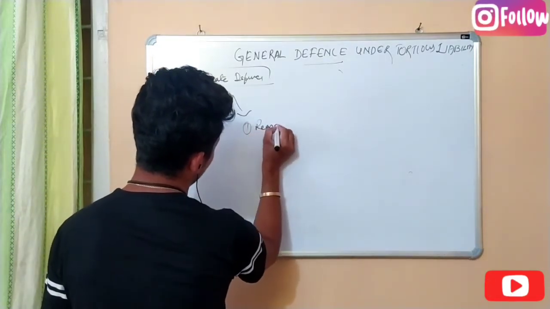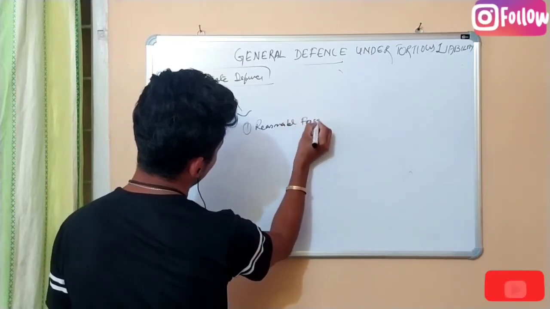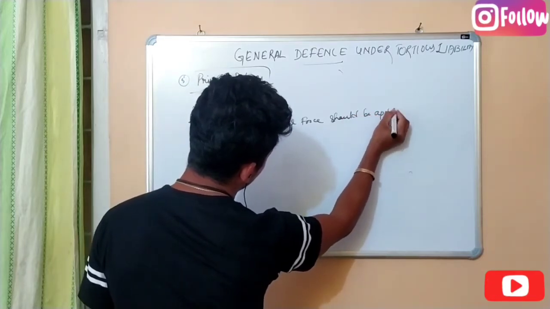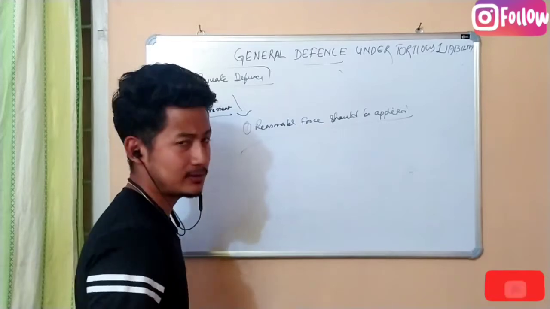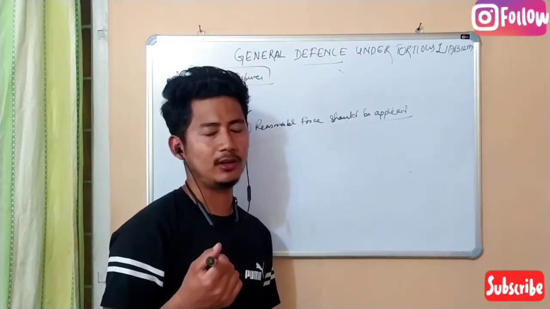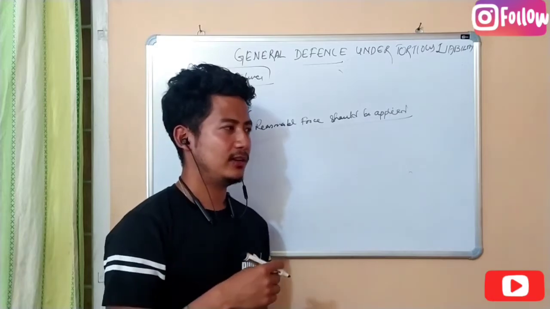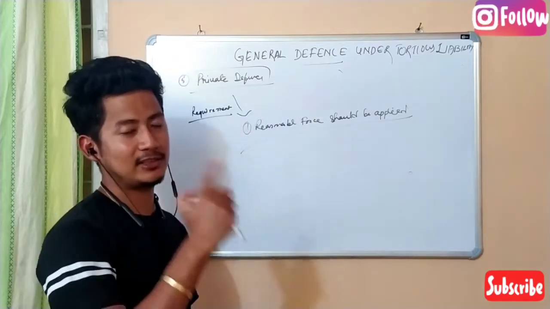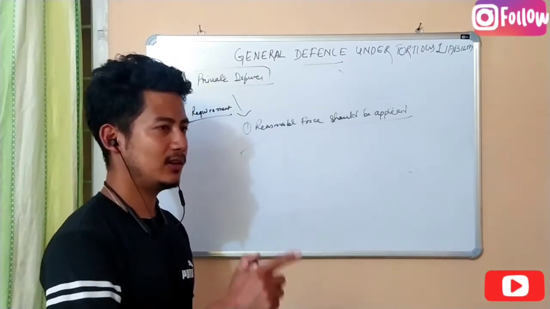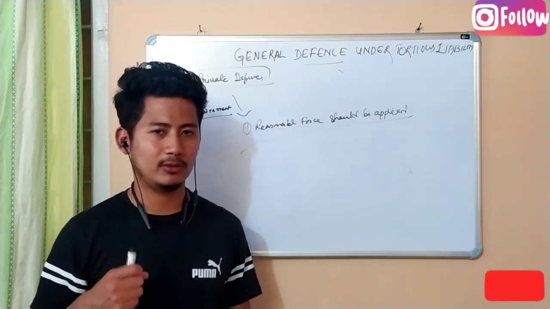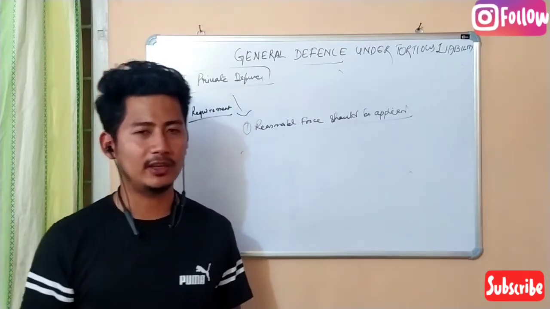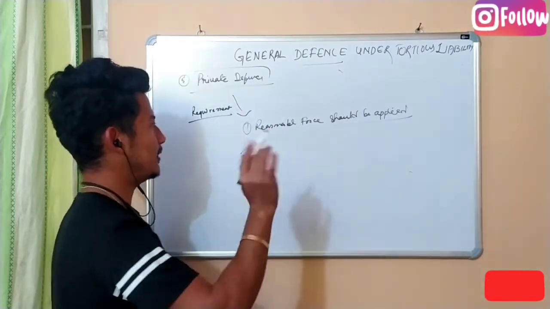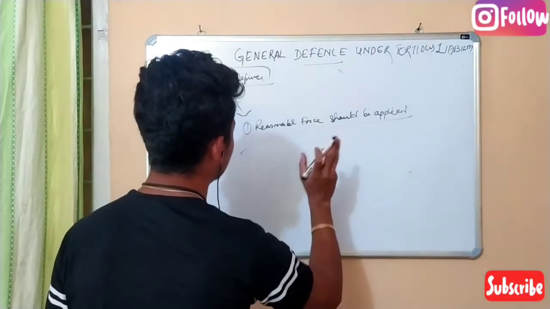Reasonable force should be applied. It does not mean that suppose someone is coming to hit me with a stick, and out of that apprehension I took a pistol and shot that person. It is not reasonable force. In that situation I will be held responsible. But if he is coming with a stick to beat me, I can also use a stick or do anything, but I cannot shoot that person. If I do that, it will be beyond reasonable. So reasonable force should be there,